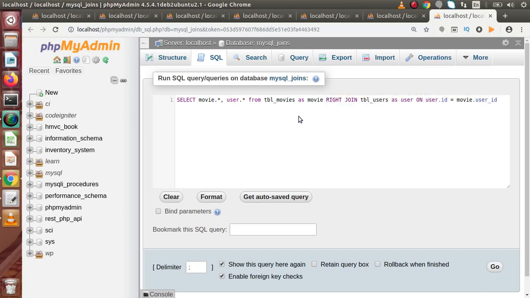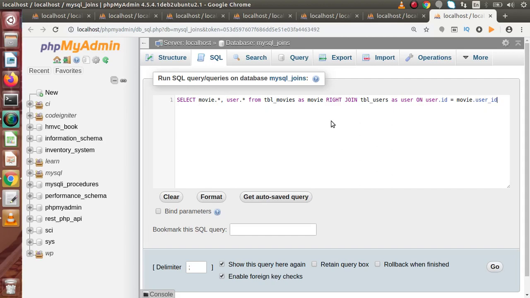Now what basically does right join mean? Right join means that inside these two tables, TBL movies and TBL users, in case of left join, table movies is the left table. So in case of right join, table users is our right-hand side table. While going through this join predicate, it will return all the data from our right table. But if our right table does not have a record inside the other table, then it will provide the null values